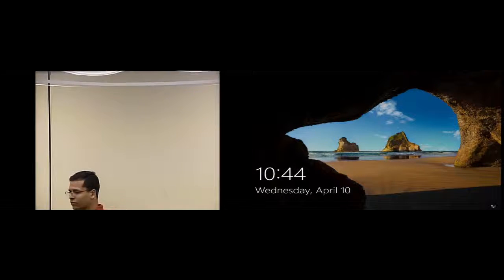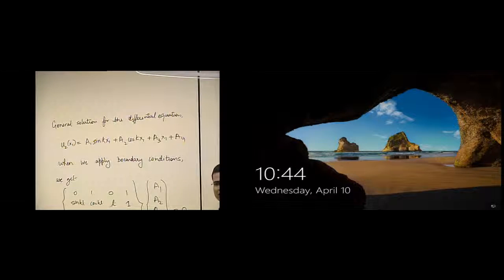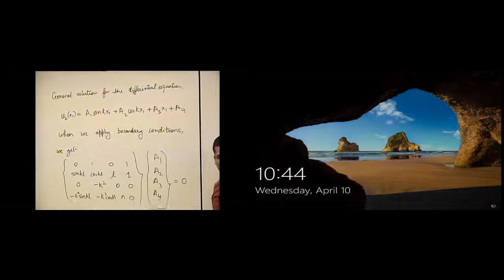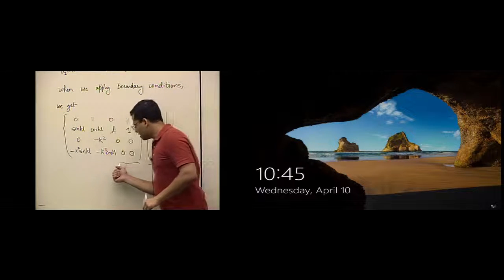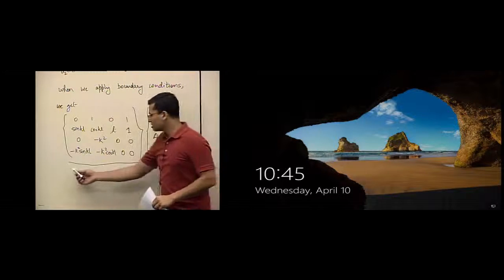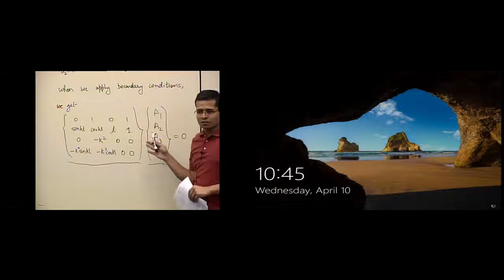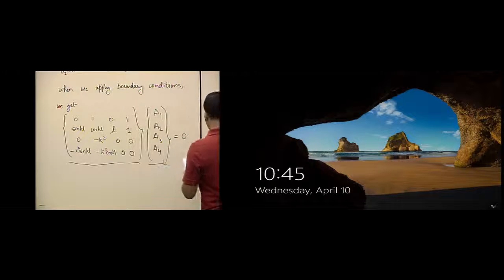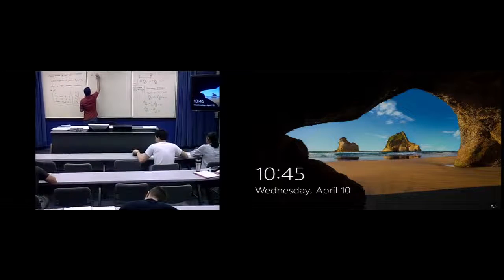Now either we have a trivial solution, where A1, A2, A3, A4 are all 0, which will satisfy this equation. Or the other solution is that the determinant of this matrix goes to 0. If the determinant of this matrix goes to 0, then I have a non-trivial solution for A1, A2, A3, A4. So let's see what happens when the determinant of the coefficient matrix